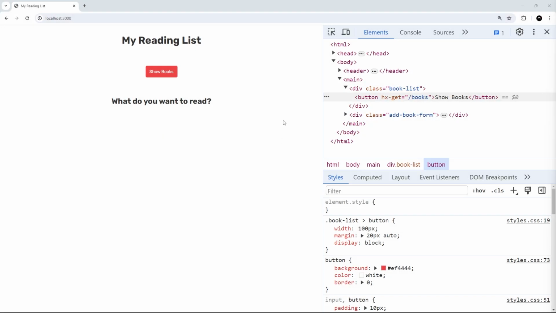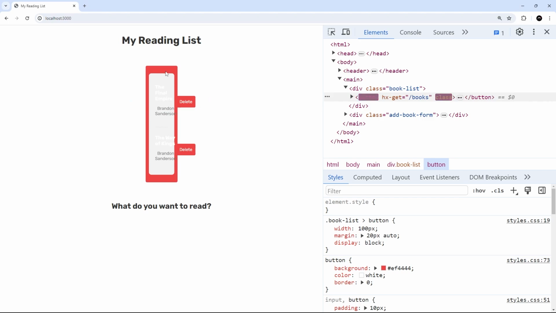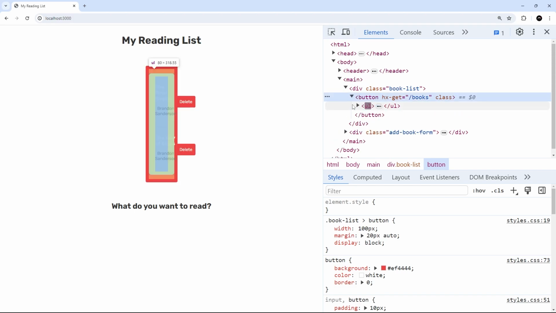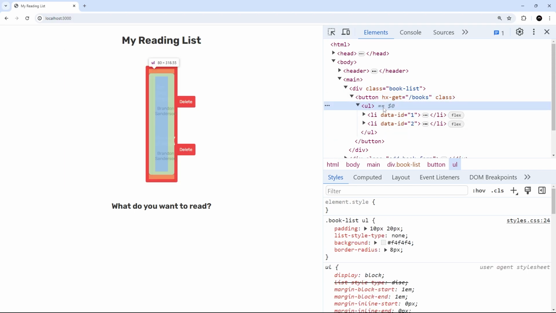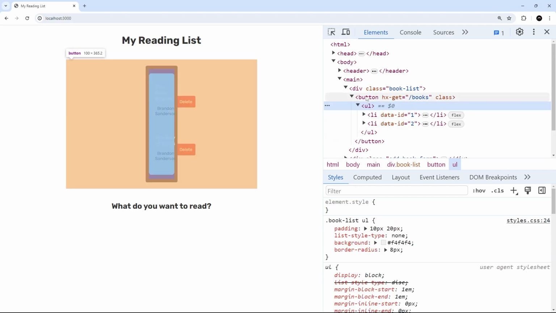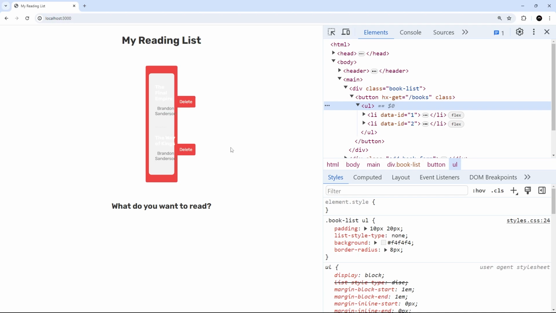Okay then gang, so in the last lesson we used an HTMX attribute to send a GET request to the server when we click on this button, and the server then responds with an HTML template which currently just bulldozes its way right into this button when it gets to the browser, and it replaces the text currently inside the button. Now this is obviously not the behavior that we want, but it does highlight the default behavior